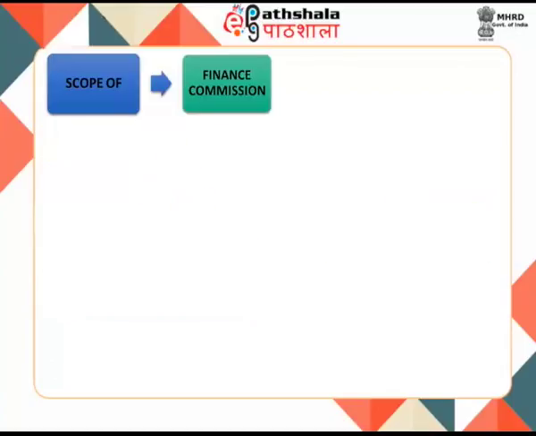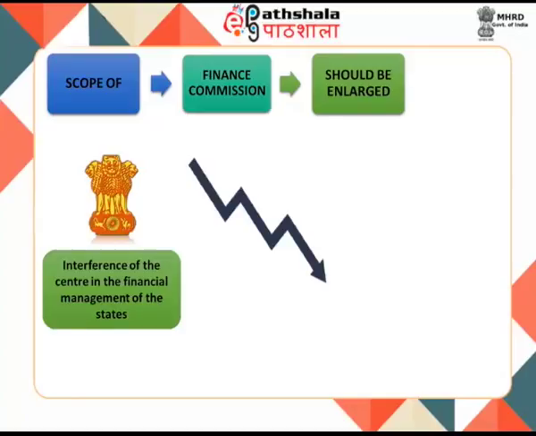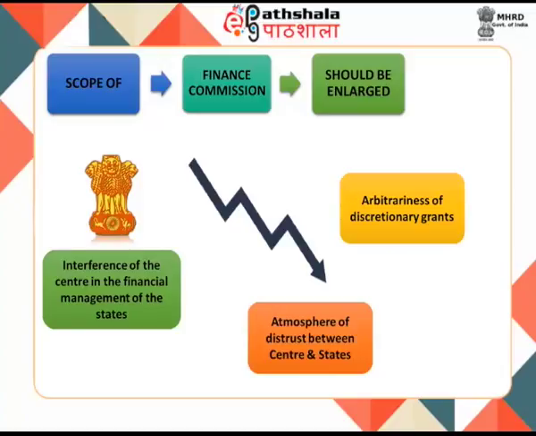The scope of the Finance Commission should be enlarged considerably since it is a statutory body. This would reduce the interference of the center in the financial management of the states and the arbitrariness of discretionary grants that accompany such interference. In addition, it would reduce the atmosphere of suspicion and distrust in the states over the role of the center